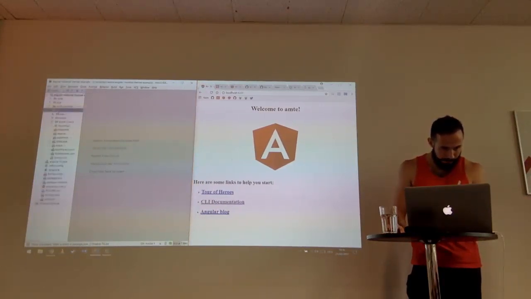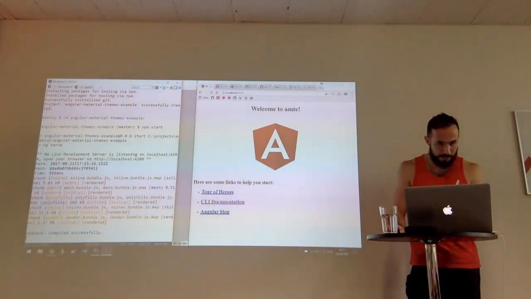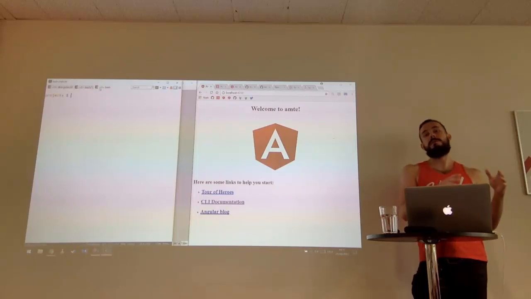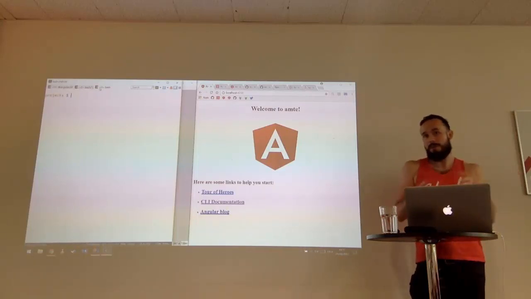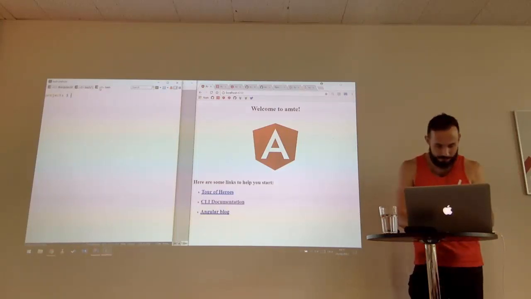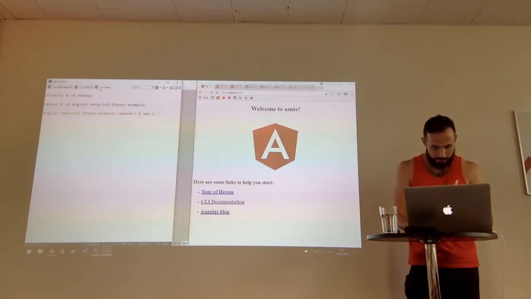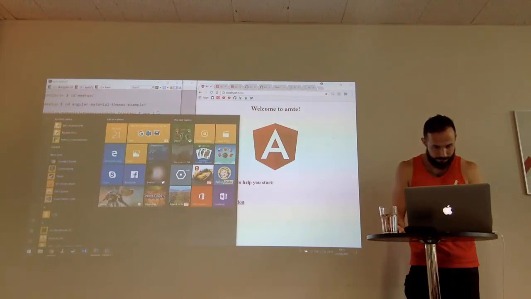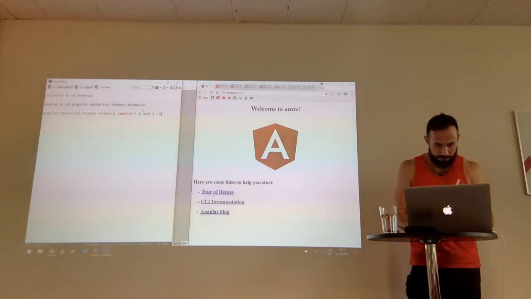The first thing, but actually I forgot to do one thing, because Angular Material is not part of Angular by itself, so we have to install it as a dependency. To do that, we have to install it and save it for later use in the package JSON. And what we need is Angular/material and